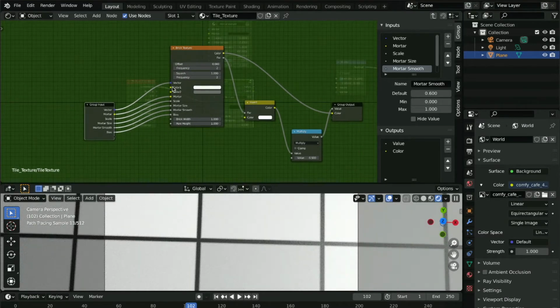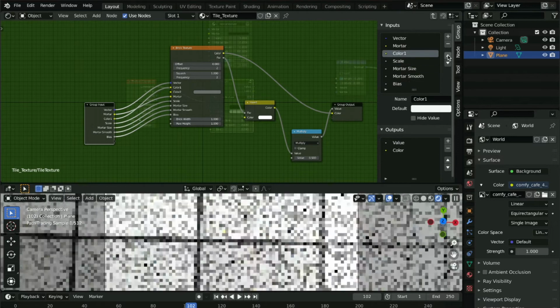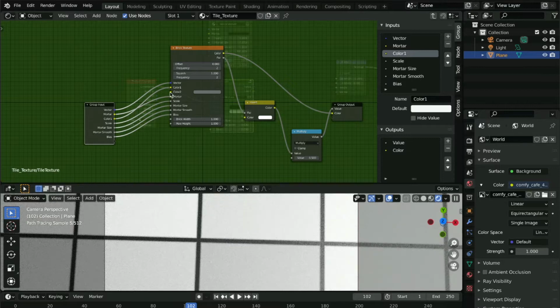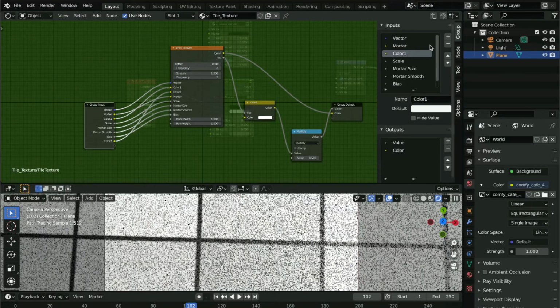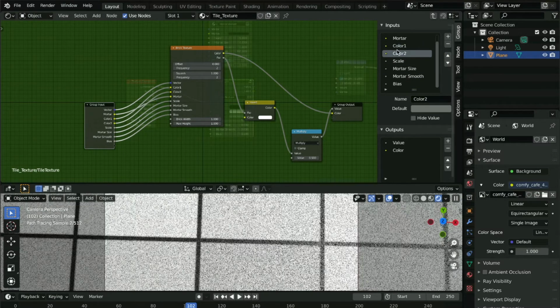Alright, the other thing that I also want to make an adjustment to is my color, so I'm going to plug the color in there. Now let me show you something cool we can do with the groups, with the input. This color over here, if you don't have it, press N, I'm able to do something pretty cool. So I'm going to take that color and I can bump it up over there, and I'm going to do the same to my color 2. I'm going to take that 2 over there, also just bump it up next to color 1. I'm also going to name it,